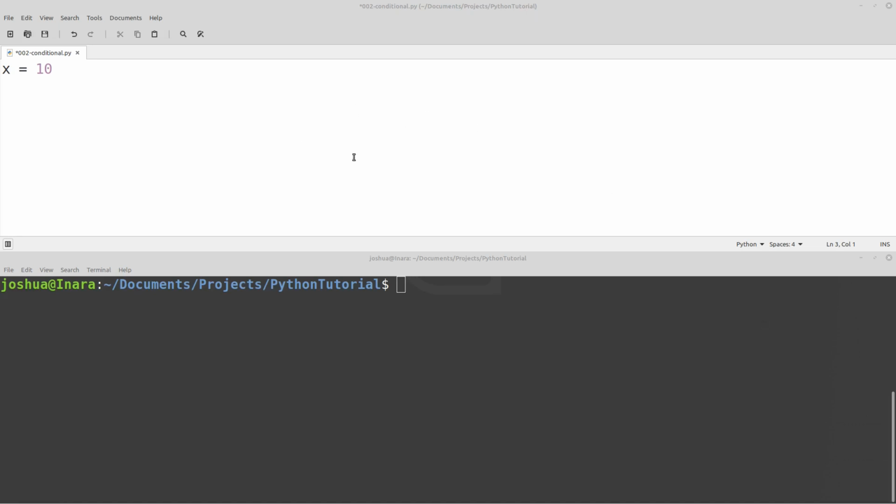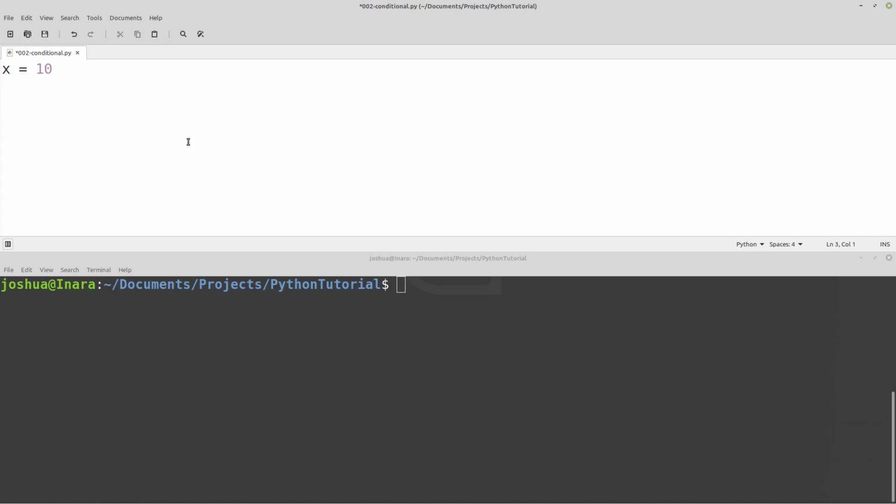So just like before, I have my notepad up. This is just a basic text editor. You don't need anything fancy. And then I have a command prompt also open. So command prompt or terminal, depending on what you're using. In the command prompt, we will run our Python program, and then we will write our Python program in